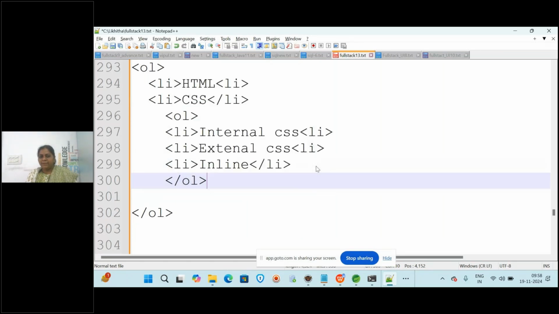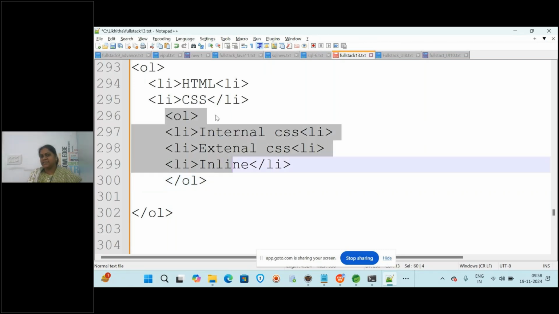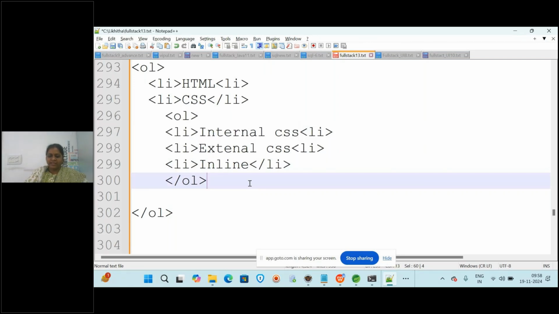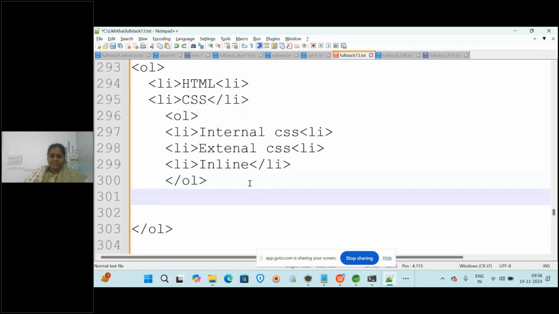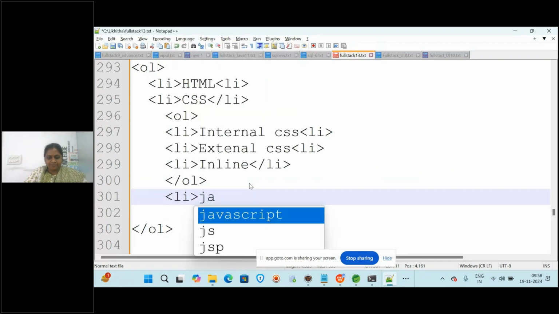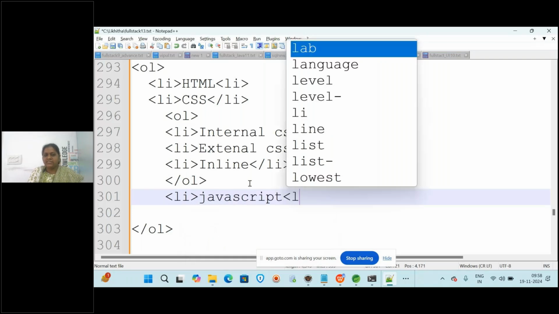So first, completely, is one ordered list. In that, this is the sub ordered list for CSS. After this, we have the next list item, that is JavaScript, which is outside this sublist.